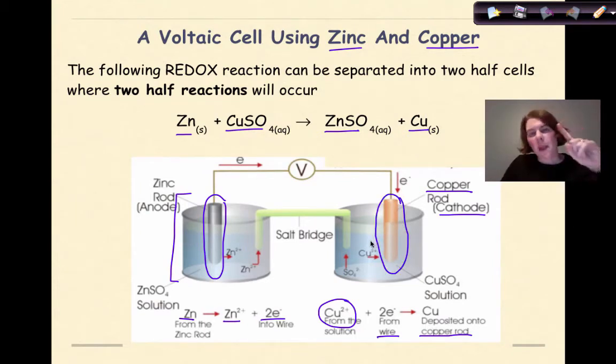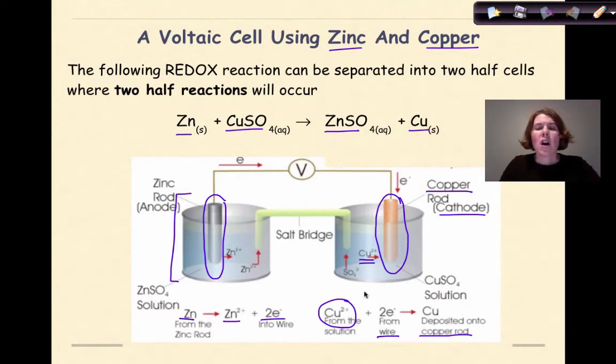If you were to take your finger at the very beginning of this reaction, before the copper metal is put into the copper 2 sulfate solution, the copper electrode would feel very, very smooth. Once you put this voltaic cell together and you let it run for a while, and afterwards you picked up the electrode and ran your finger over it again, the electrode would actually feel bumpy because these copper 2 ions that are in solution are actually getting pulled out, they're gaining electrons, and they're forming solid copper metal. So we can see how this original chemical reaction up here can be split into two half reactions,